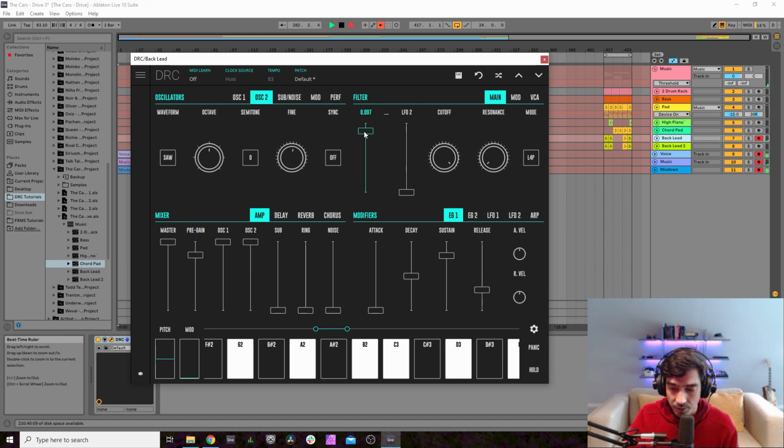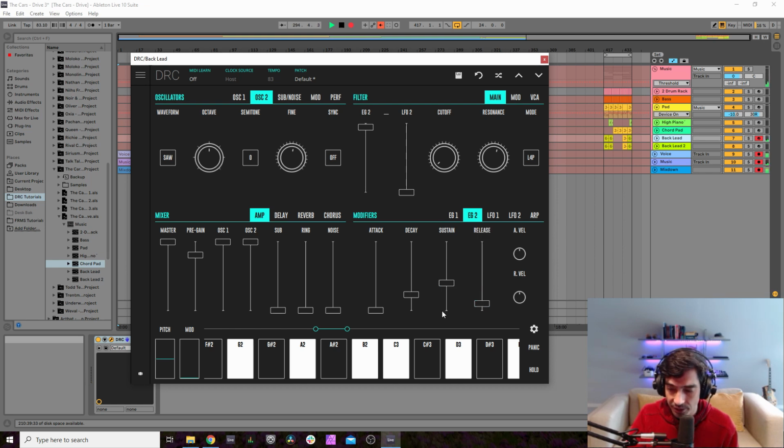Envelope generator 2 for the filter 952. Cutoff at 0. Resonance at 598. Now attack at 0, decay at 500, sustain at 800, and release at 419.